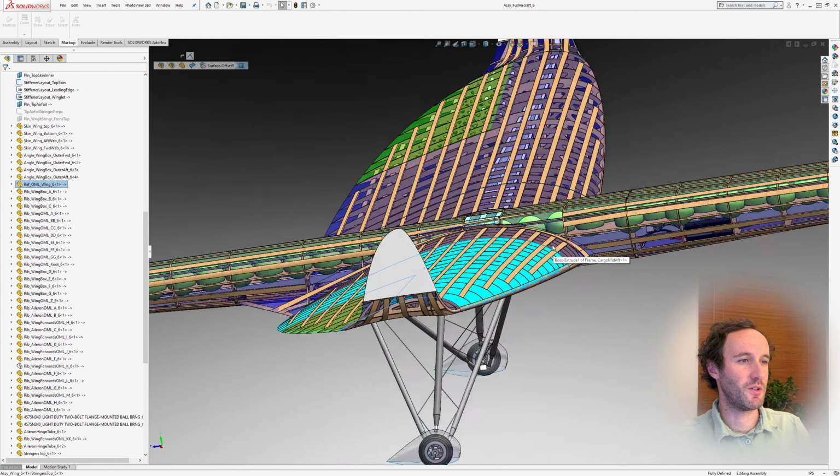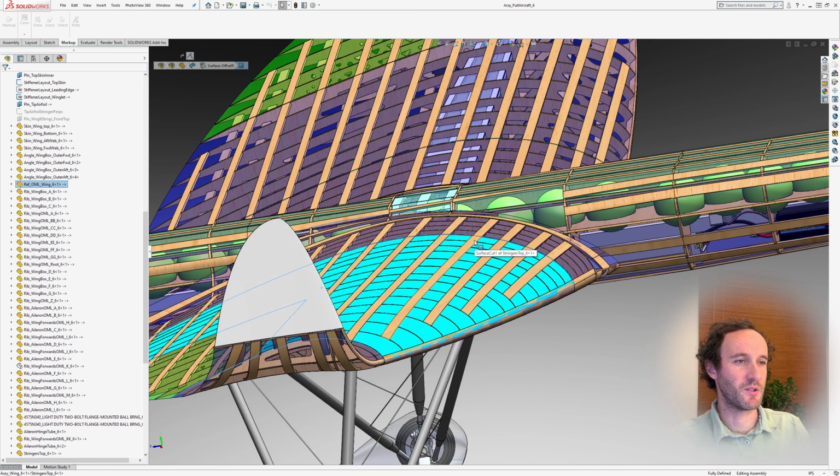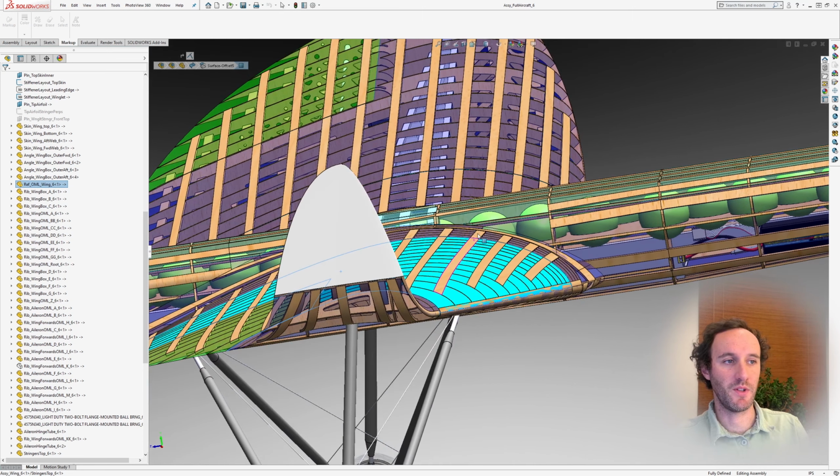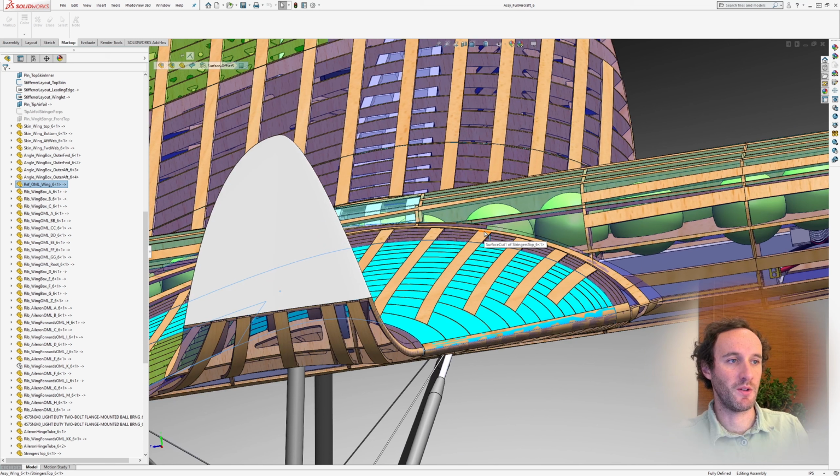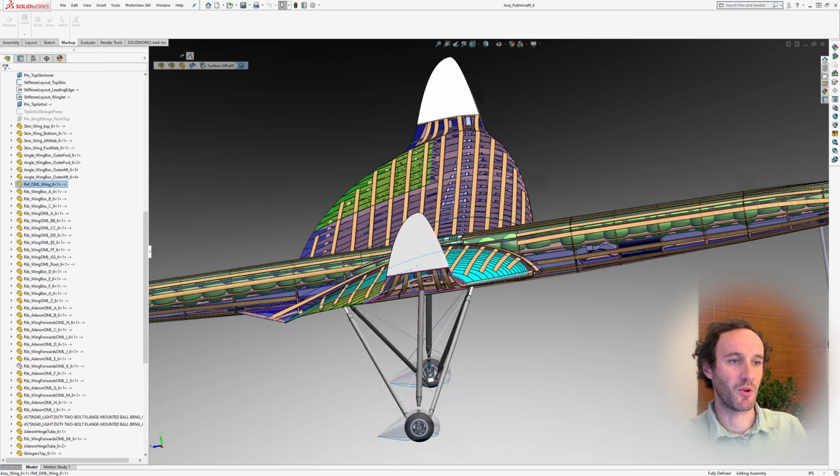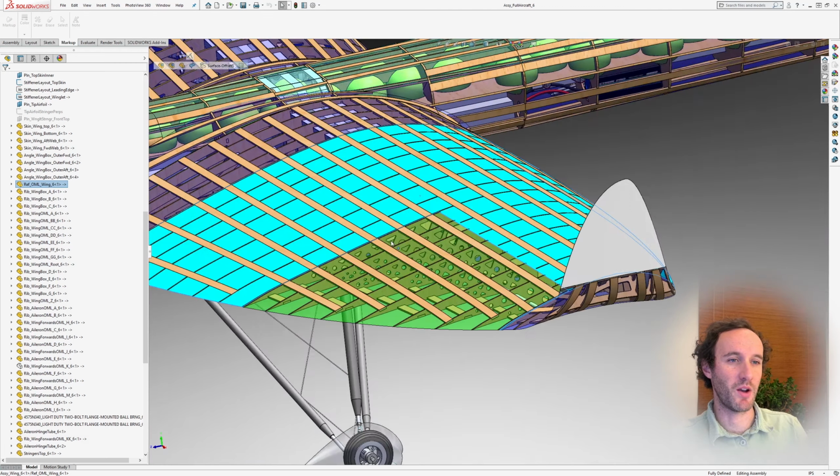So we could use for each one of these stringers a swept boss feature that we would run this cross-section along a surface intersect curve and input a twist. But we're going to see that there's a better way to do this